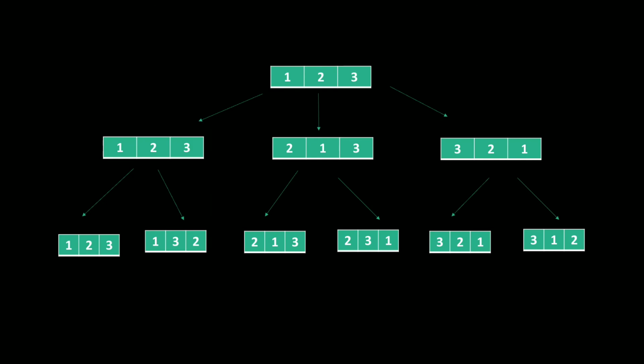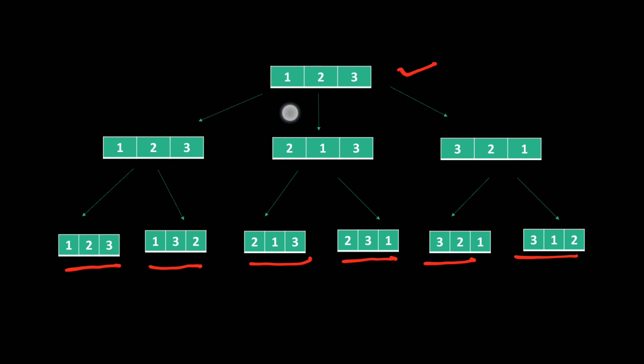We have been given an array 1, 2 and 3 and we need to find the permutations of 1, 2, 3, that is 1, 2, 3; 1, 3, 2; 2, 1, 3; 2, 3, 1; 3, 2, 1 and 3, 1, 2. The logic of this problem is we need to take each place in the array and swap that place with all the particular places in the array, and make sure that a particular swap is not repeated twice. Please note guys that I am saying position in the array and I am not saying the character in the array. So do note it guys.